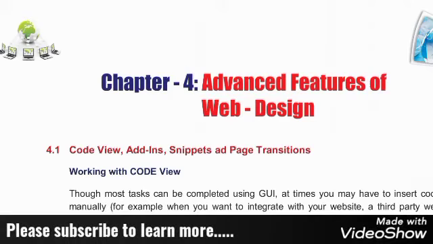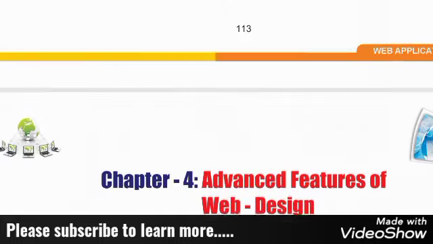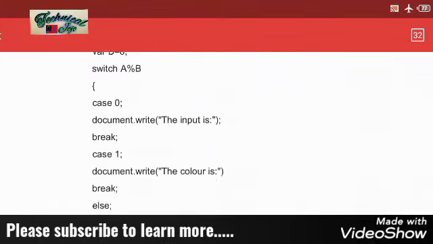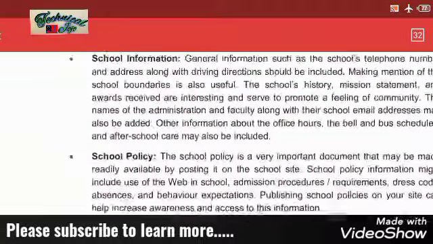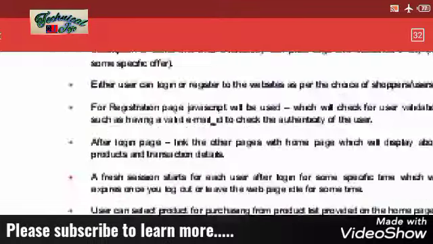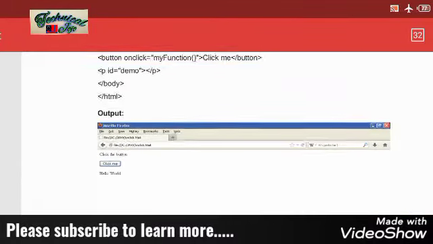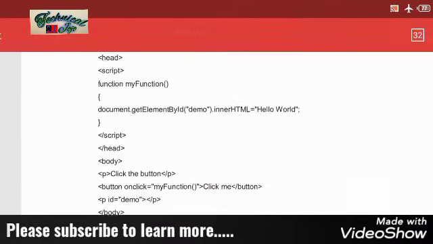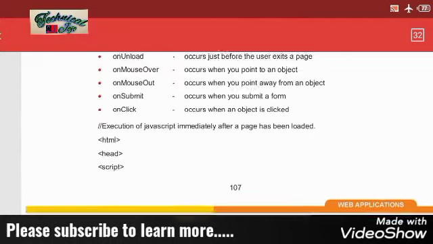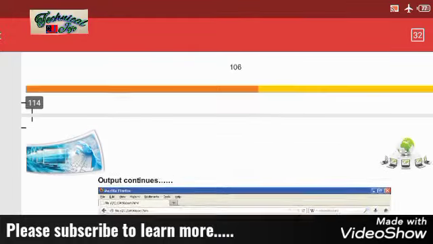Today I'll start chapter 4, and chapter 4 begins with advanced features of web designing. Now, till we completed chapter 3, we've learned about the different types of operators, different types of variables, how to design web pages, how to design online shopping pages, how to use functions, how to use arrays,